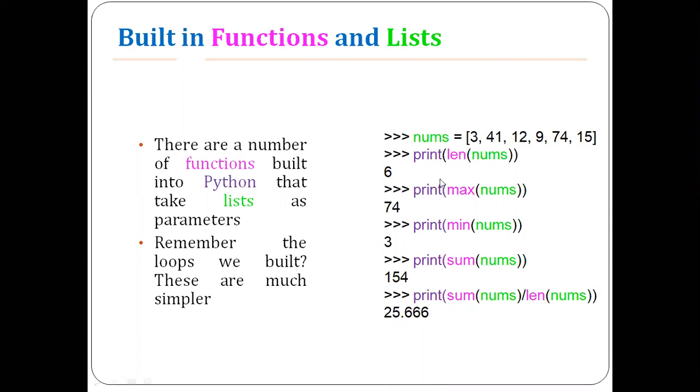Let us look at some of the built-in functions that you use with the list. First one: just initialize with a number. There is a list called numbers, which contains 6 elements in it: 3, 41, 12, 9, 74, and 15. So there is one function called length of list. The list name is numbers. If you use the built-in function length, it will print the number 6, stating there are 6 elements